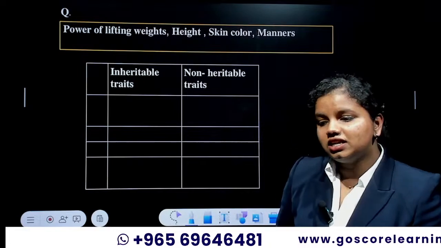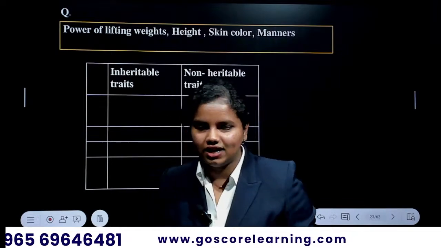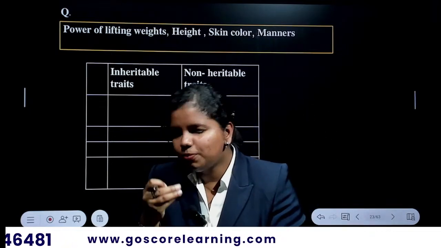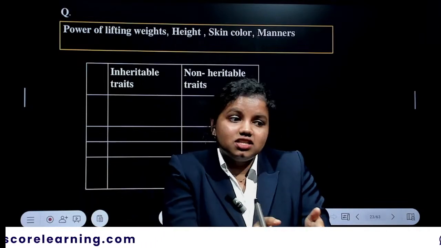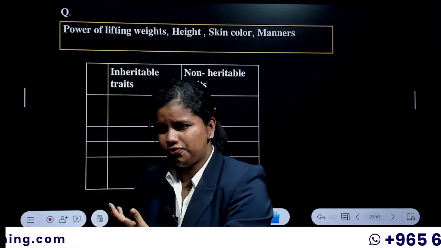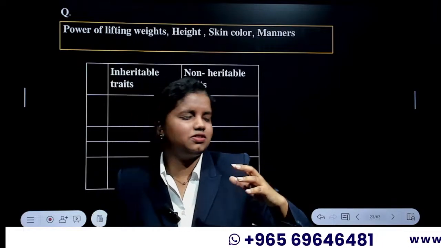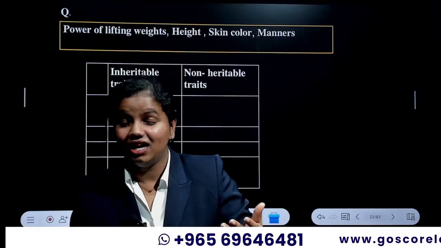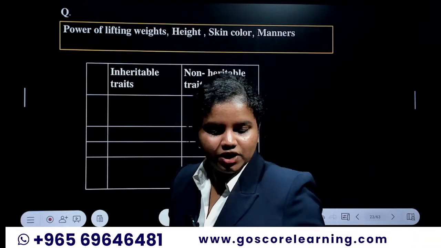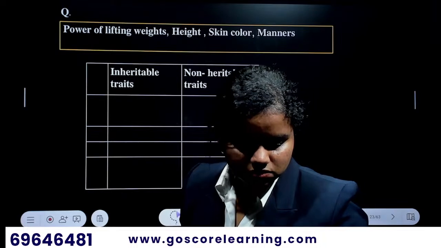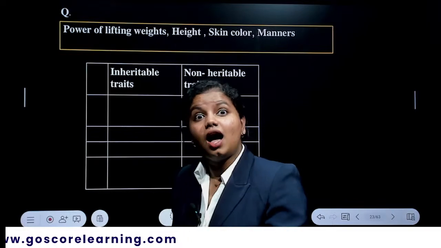Is diabetes an inherited trait? That's a good question. For diabetes, you have to say that it is an inherited trait, that it is there in your genetics. It depends on the type of diabetes, whether it is inherited or due to your lifestyle, but still genetics is involved, the high sugar content in your blood. You have to say it like that. And yes, Ramya, boring of pinna is an example for an acquired trait, right?